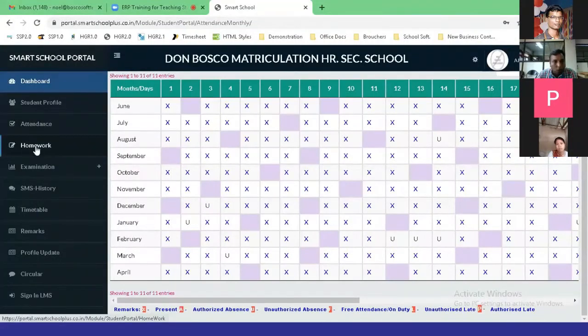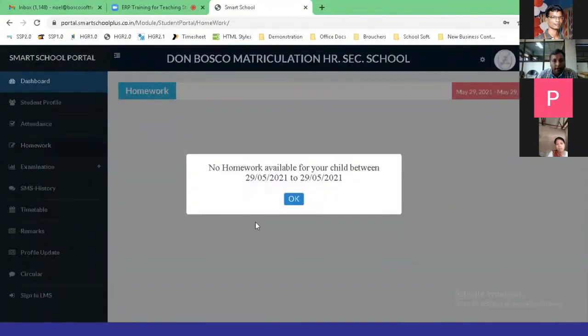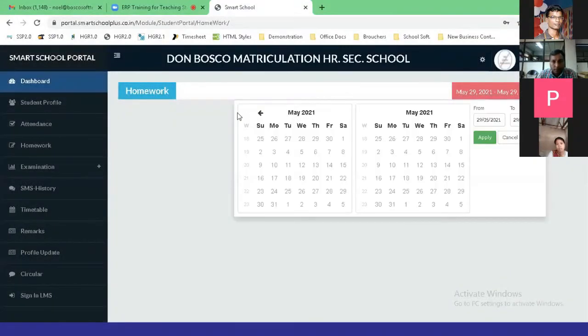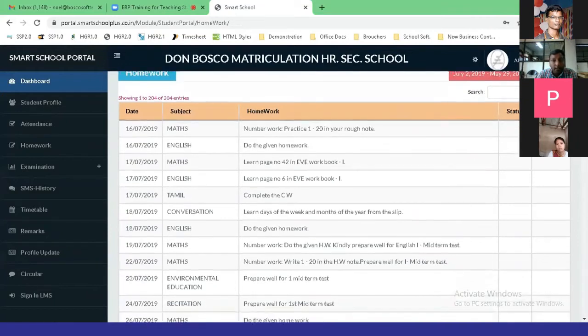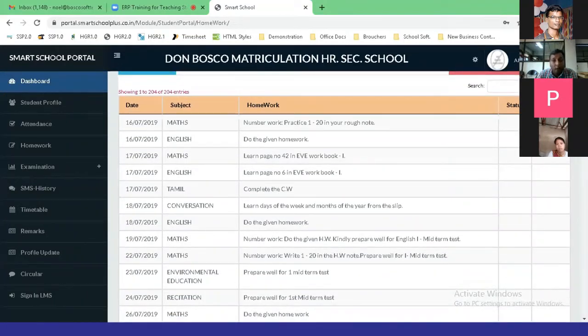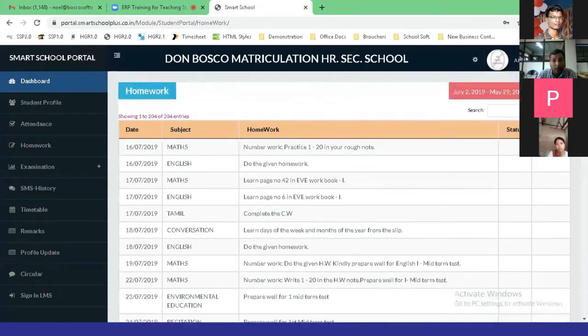And next we move on to the homeworks. The homeworks which we get on a daily basis, every homework is being tracked and it is being shown here. Say for example, they did not receive any SMS, this can very well serve the need at that time. It can serve the purpose for the parents, that if suppose there is no network, or the SMS has been missent, or the message did not reach the gadget, the parent can very well see their homework based on the subject and the date accordingly here.